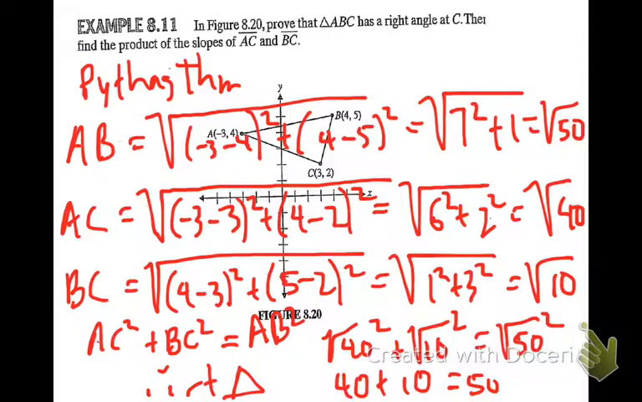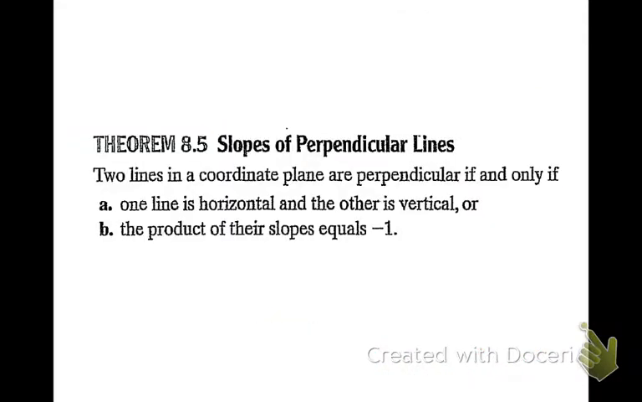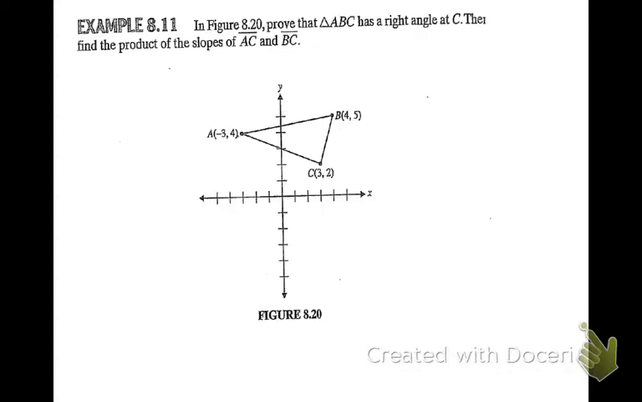Everybody have it? Okay, now we're going to prove the slopes. We're going to find the product of the slopes of AC and BC. So the product of the slope, so M of BC